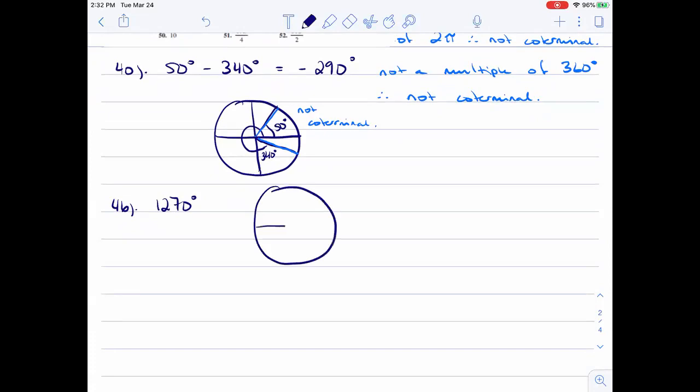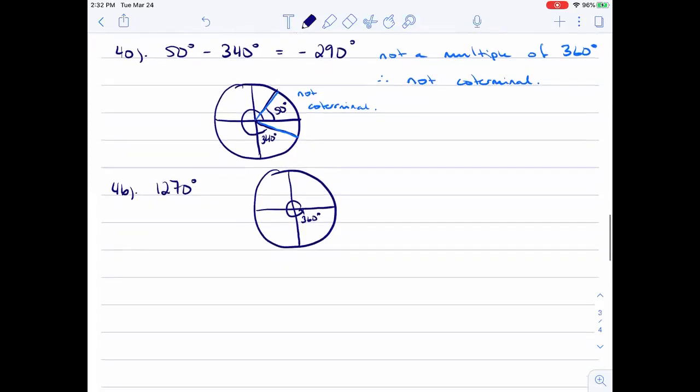what we can do is just subtract out a multiple of 360 degrees, right? And we did that last day, where we said, okay, 1270, if I divide out as many 360s as I can, it looks like I'm going to go around 1, 2, 3 times. That's 360 times 3. So that's, sorry, 1,080